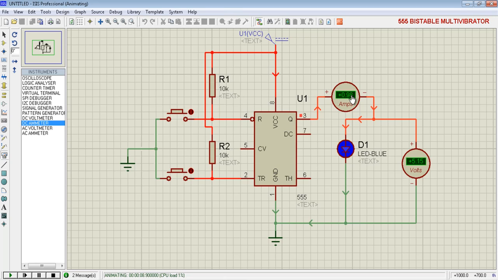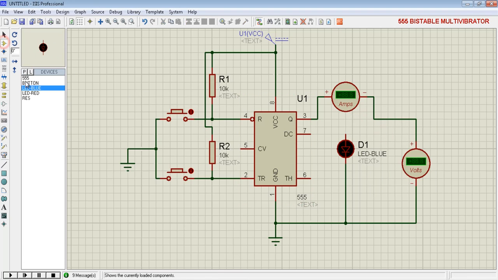Now an LED requires a maximum of 2 to 3 volts and 20 to 25 milliampere current. So for that I am using a current limiting resistor in series with the LED, so that our current does not exceed the maximum value.